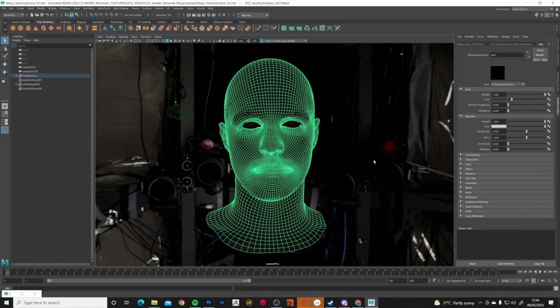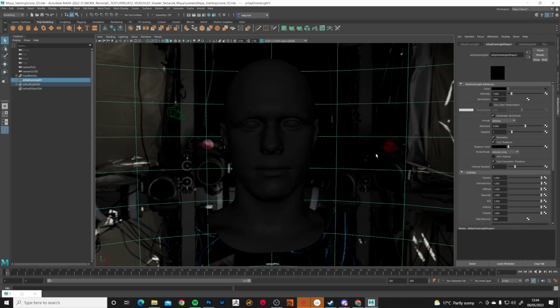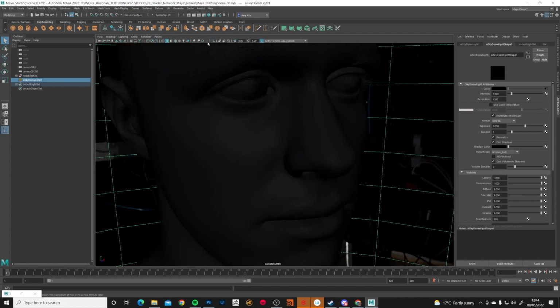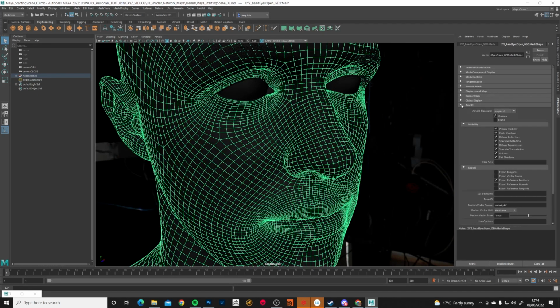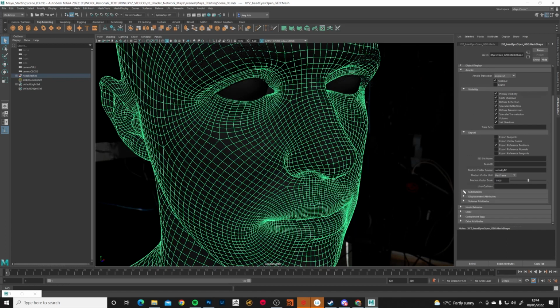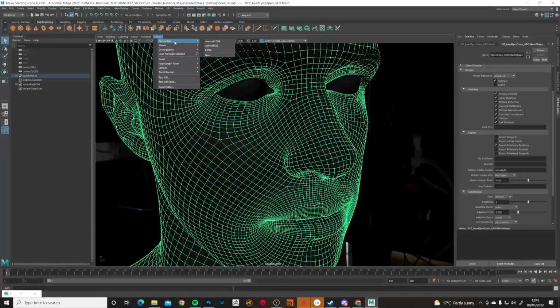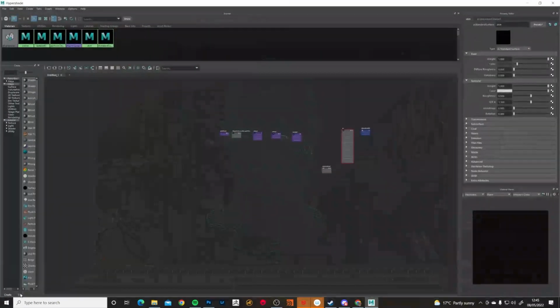And then in the background, I have an aiSkydome light with the HDRI that was supplied with the TexturingXYZ VFace pack applied to it. I'm using just 2 cameras, this full one and then a closer one for previewing the details a little closer up. The only other thing that you need to be aware of is making sure that your subdivision is set up correctly. So in the attribute editor here, you want to come down to the Arnold settings and expand subdivision and make sure it's set to Catmull-Clark, and set your iterations on something like 5 and adaptive error to something like 2. So I'll switch back to the full one, and let's open up Hypershade